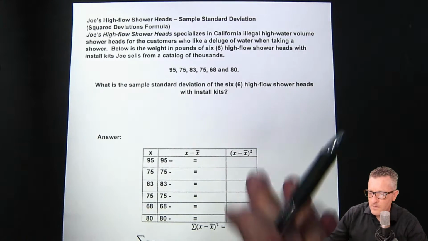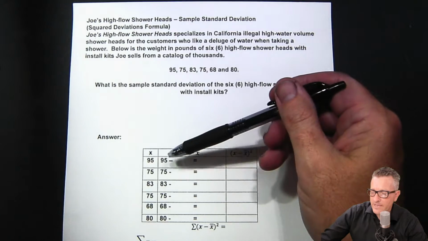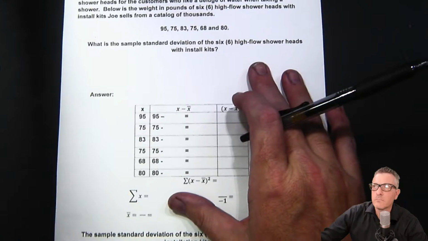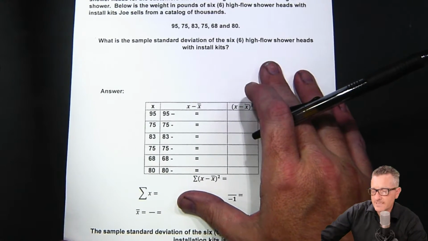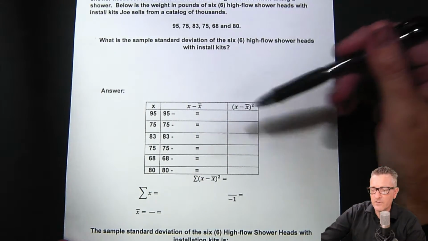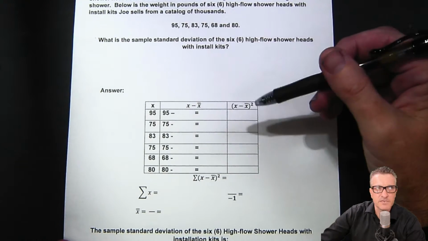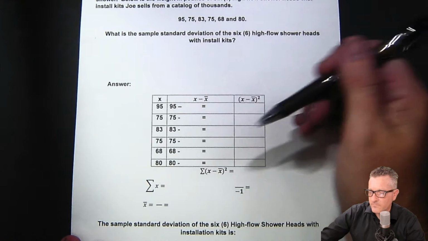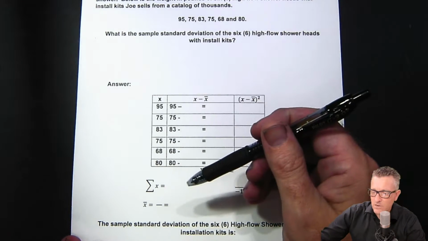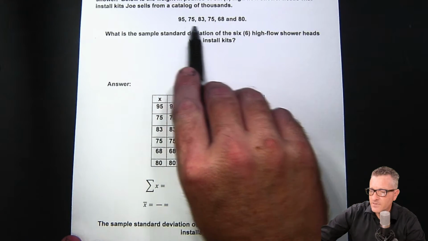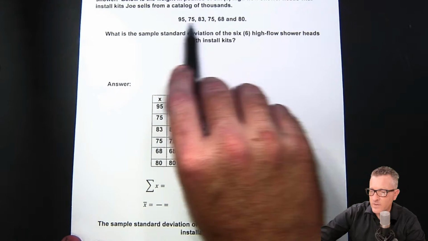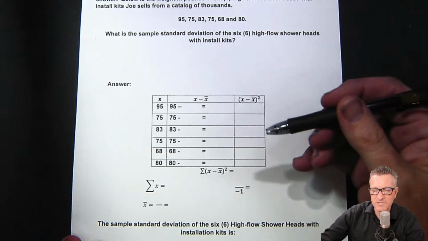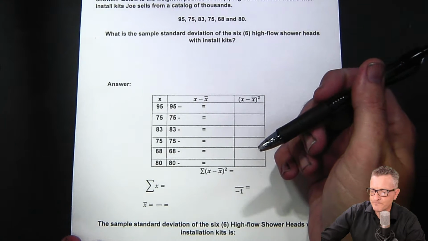Okay, so what I did was I wrote down a lot of the pieces of this problem. I'm gonna scoot up. A lot of the pieces of the problem that we already know in advance without doing any calculations, just to make it easier on everybody trying to read my handwriting. So let's take a look at a couple of these things. These numbers right here, these six weights, are our observations in our sample, our 6 weights.